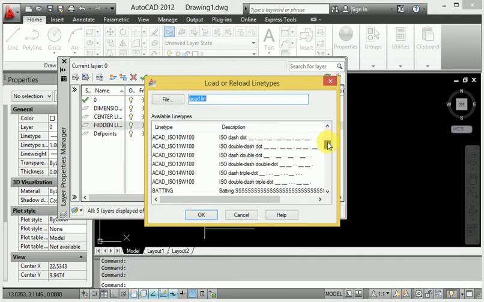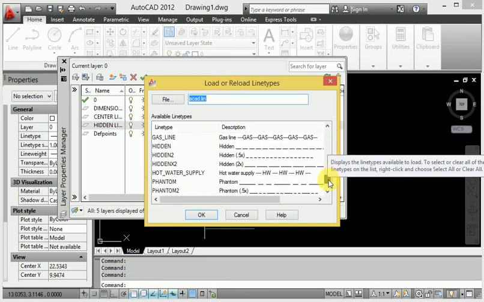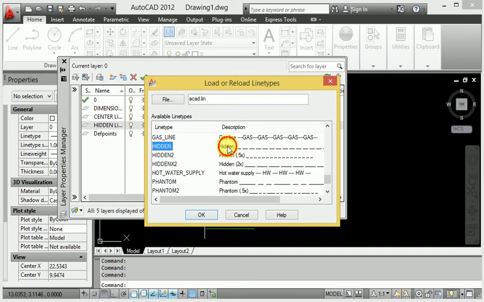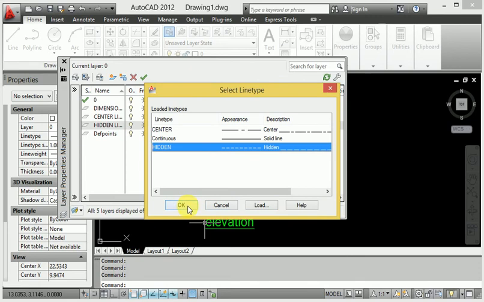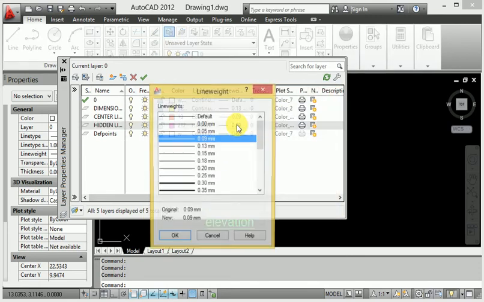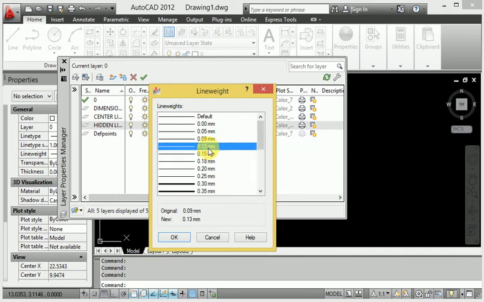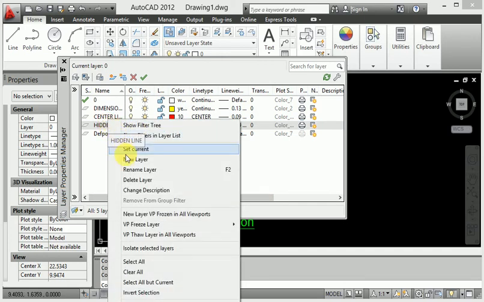First of all, search for hidden anywhere, and definitely here is the hidden line. Select the hidden and apply the hidden here, okay, this is hidden. Their thickness I will change, 0.13, 0.09 is sufficient. And hidden line is completed.